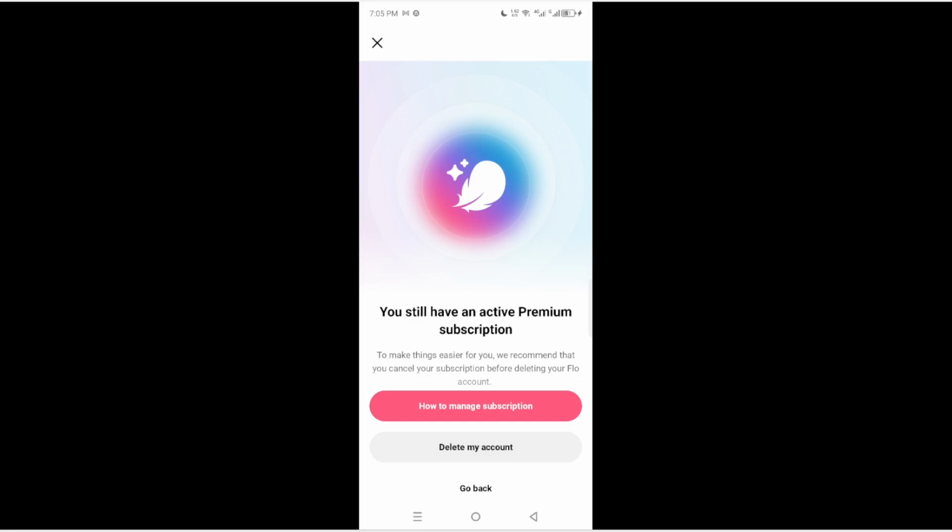Once that is done, you have successfully initiated the account deletion process. You may see a confirmation message on screen reassuring you that your request has been received. This final confirmation is crucial as it confirms your decision has been processed. It may take a little time for the account to be fully removed from the system, so don't worry if you don't see immediate